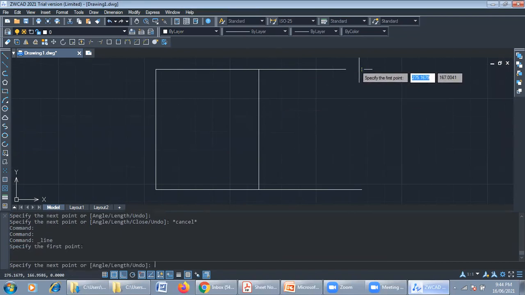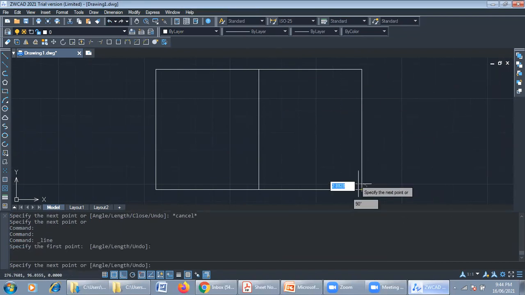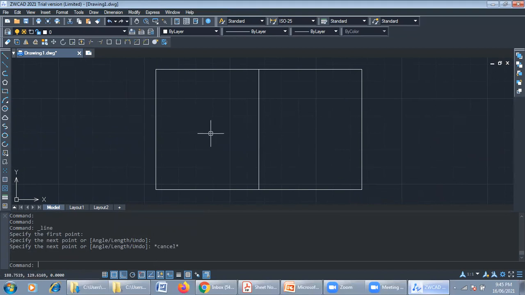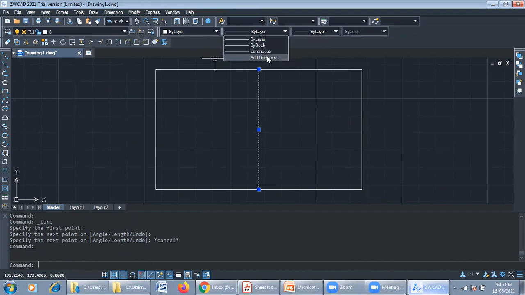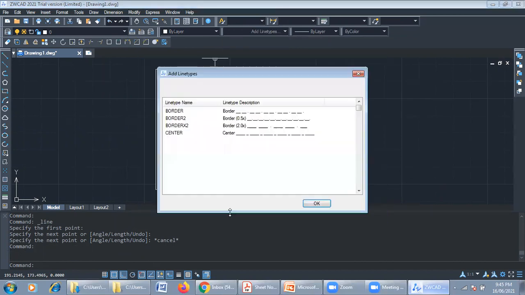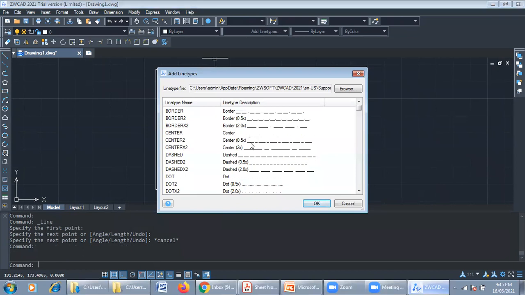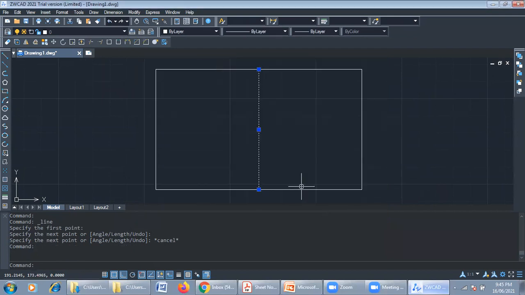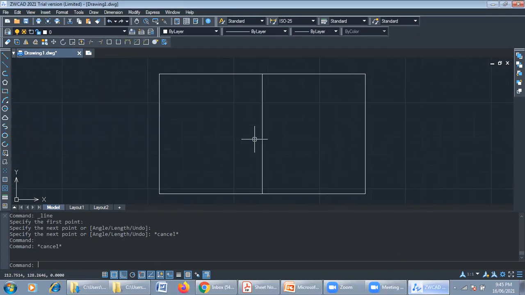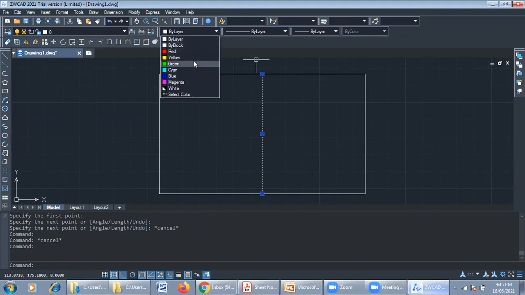Now we have drawn a rectangle of the given dimensions. Now, what is the next procedure? I have to make the axis. Go to the second, by layer, add lines, go to load, and there are various types of lines you can choose. I will be selecting the 0.5x line for my axis. I will also be changing the color for this, so let it be magenta pink, and from the second by layer we can select this.